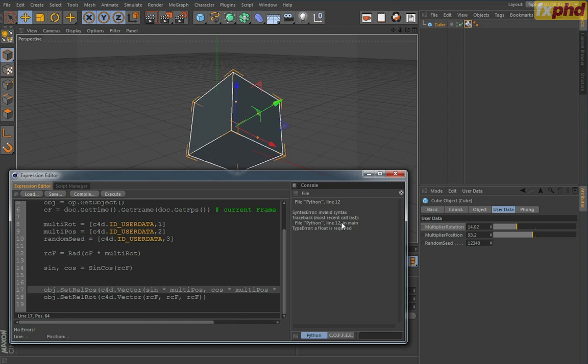and we did get an error. Let's see. So in line 12 it says a float is required. Now where's line 12? Here. You see, we are multiplying. Oh yeah, Radiant is expecting a floating point number, and what we're getting out of here is not a float. So we can easily fix it by making it a float. So either one should do. Let's make this a float just by putting float in front and then putting it in brackets. So that's casting that variable to a floating point number. So this should hopefully now